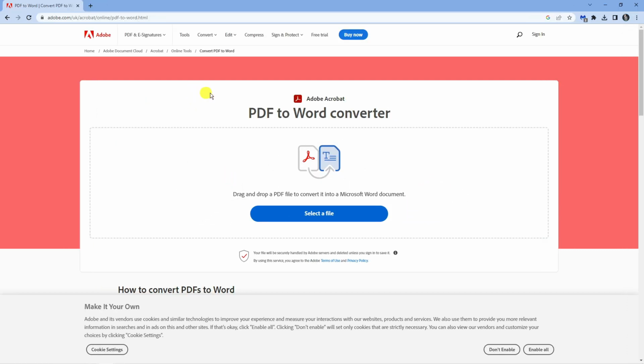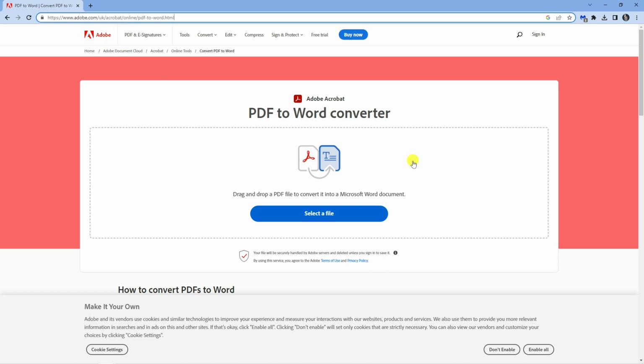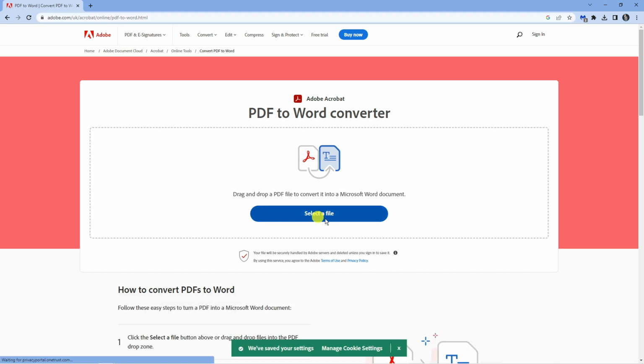So in order to do this, you can actually use a tool which is completely free and it's been offered by Adobe. So what you want to do is actually open up a new browser and you want to come across to this web address, which is adobe.com/uk/acrobat/online/pdf-to-word.html. You want to come across this website, and from here what you're going to want to do is click